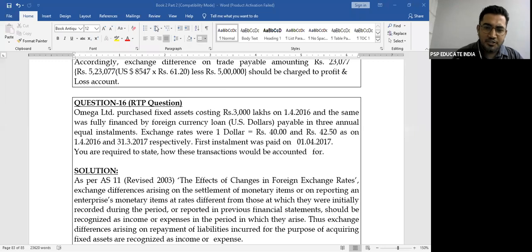Now my second question to you is, have they given in the question that use para 46A or 46? Answer should be yes or no. Tell me, have they told you to use para 46A or para 46? They have not said anything like that. Now whenever the question is silent, you have a benefit, and the benefit is whenever we have